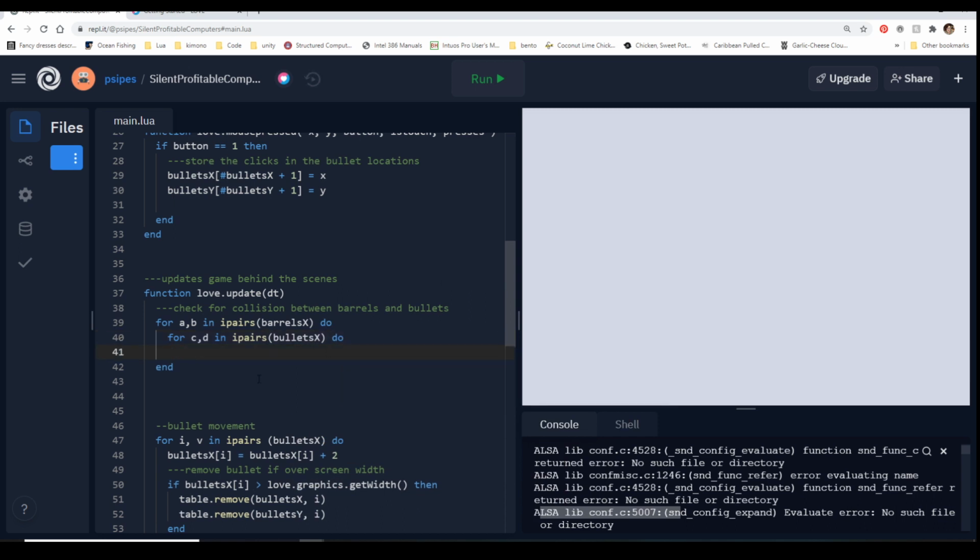So what this is going to do, again, is for each barrel in the list, it's then going to go through each bullet that exists and see if collision has happened.